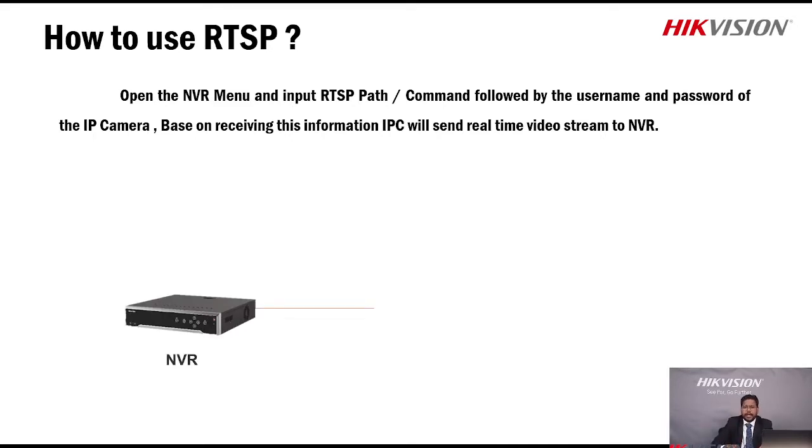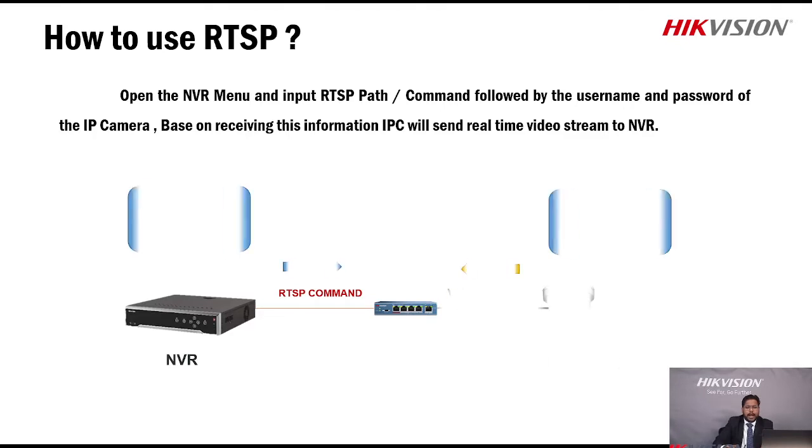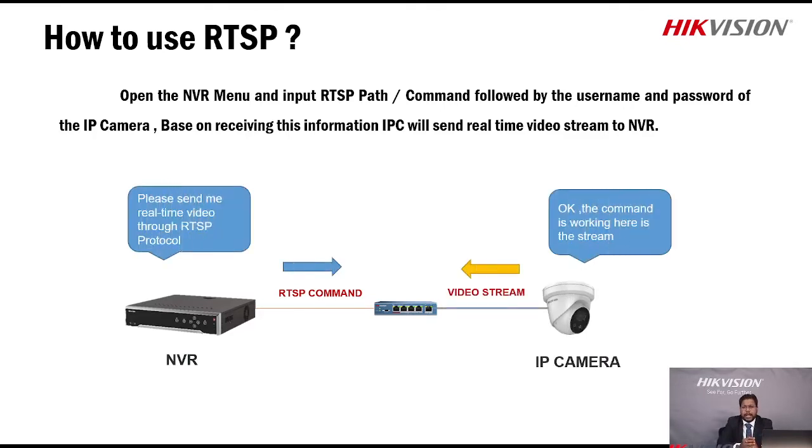So this will work like this. Your NVR is connected with the switch, and the RTSP command gets sent to your cameras, and the camera then sends the video streaming to your NVR. So this is, simply, how it will work. Through RTSP streaming, your camera separately provides the live view, that is the video footage and the audio, and you can add your camera in the NVR through RTSP streaming, which helps to avoid the time changing issues.